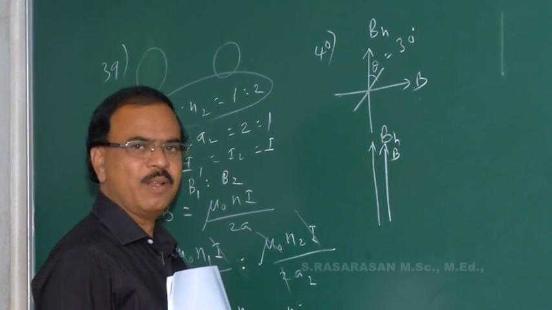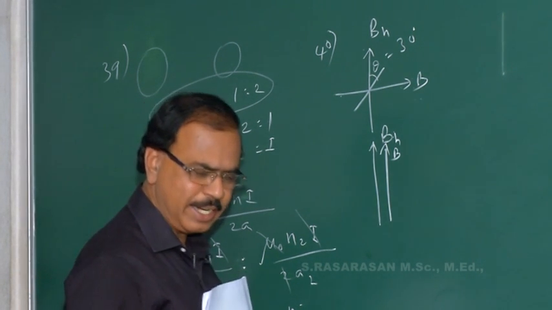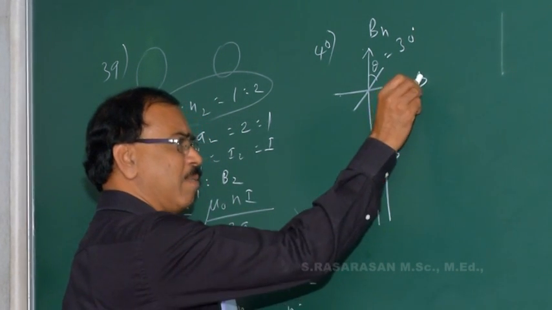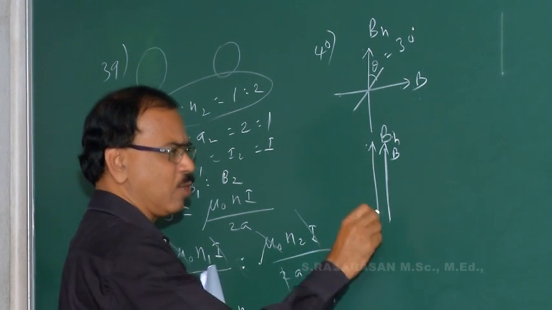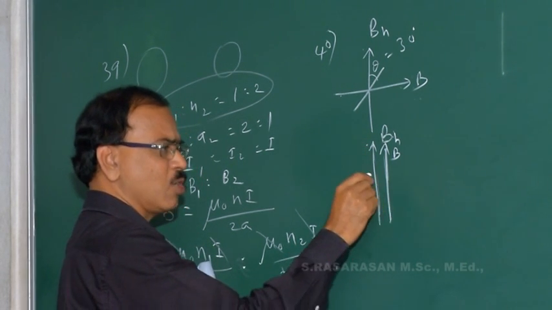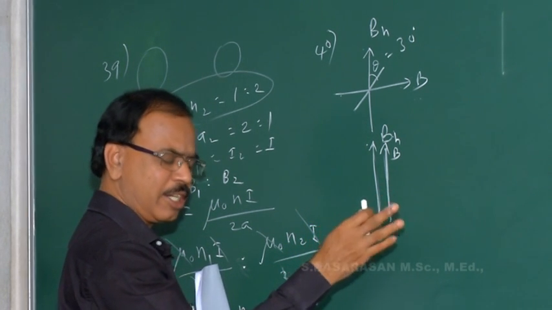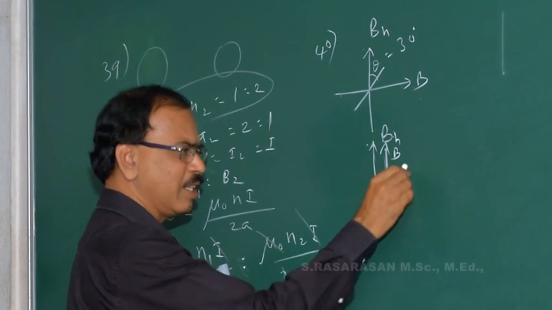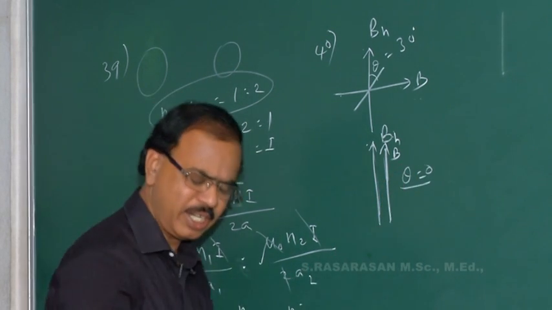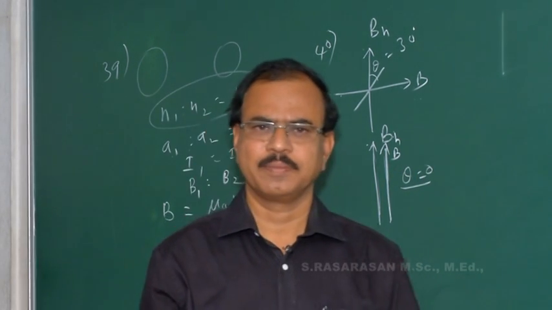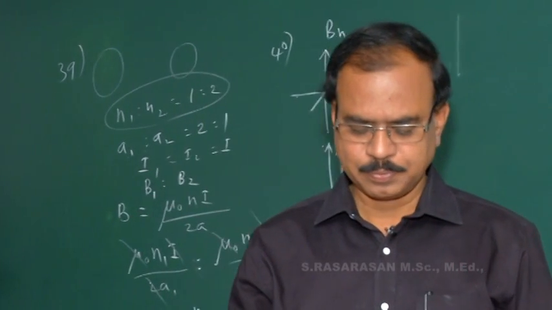Clear? When the plane of the coil is turned by 90 degree, then the magnetic field B becomes parallel to BH. When two magnetic fields are parallel, the tangent galvanometer does not work, meaning whatever may be the current given, the deflection theta is 0, meaning the galvanometer does not work. That is the answer for the problem.